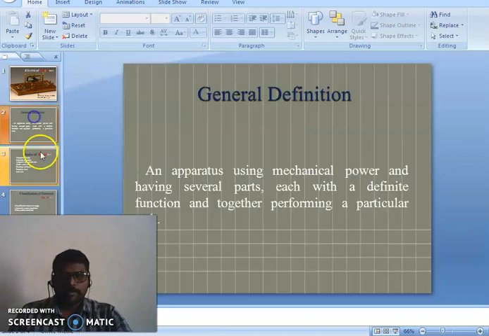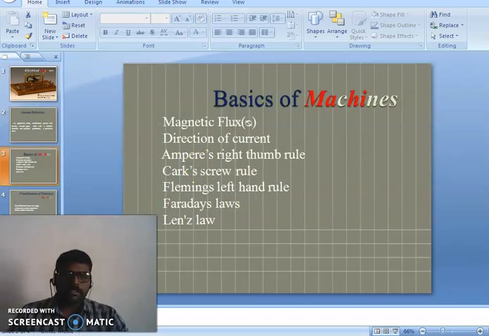Okay. The first part is magnetic flux. My next video is fully about magnetism, magnetic fluxes, and how the energy is getting converted from electrical to mechanical. Because in a generator, for example, the electrical energy is getting converted into mechanical energy, isn't it? In motor, what is happening? Vice versa. Mechanical energy is getting converted into electrical energy. But viewing in depth how the energy conversion process takes place, the electrical energy is not directly getting converted into mechanical, or mechanical energy is not getting converted into electrical directly.